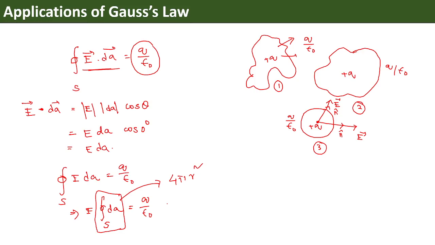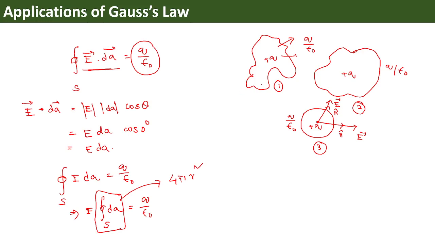So what you remain with is only the calculation of the area, and that is very well known from the shape. That is the reason. This could have been done only because we considered a symmetry, either a spherical symmetry, a cylindrical symmetry or a plane symmetry. So in cases 1 and 2, Gauss's law happens to be true, but you cannot apply it. Why? Because you are not sure whether the dot product between E and A will be maintained or not. And even if it is maintained, so that E dot dA equals E dA cos 0, where cos 0 is 1, and you take out the electric field, even then you are not sure about this integral of the area, because you do not know how to find it for a complex shape.